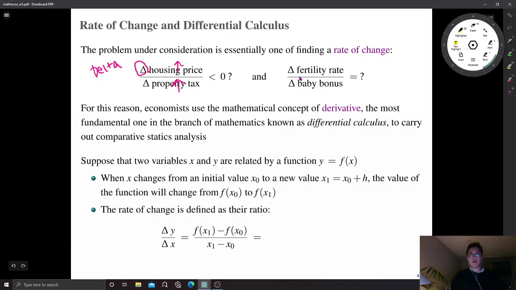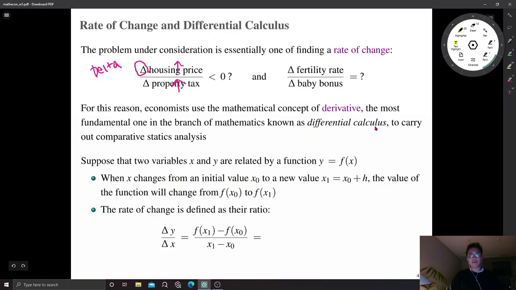So now we are investigating the value of this rate of change. That is a quantitative question. And regardless, there is a nice tool in mathematics when we investigate the sign of the rate of change or the magnitude of the rate of change. That is the so-called derivative, which is the most fundamental concept in the branch of mathematics known as differential calculus